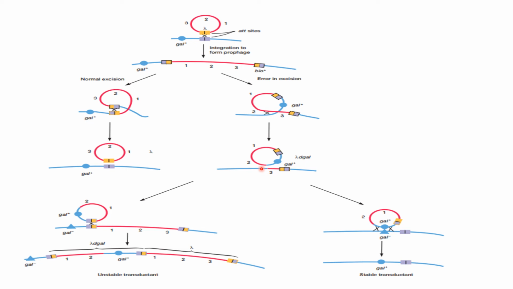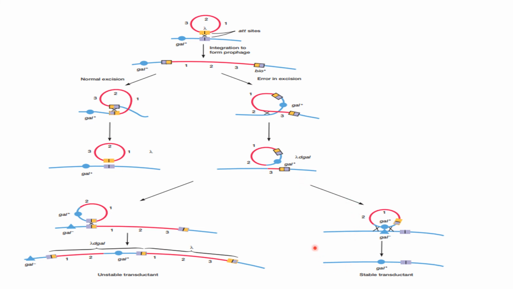Defective lambda phage, because as I said, this is a lambda phage that we are talking about. So that is why this particular viral DNA is called lambda D gal. Lambda is the phage name, D is for defective, gal is for the gene that has been taken from bacteria. So lambda D gal. Now this defective phage particle again will undergo all the other processes, that is multiplication and packaging, and then the phage particle that will carry this lambda D gal again will undergo lytic cycle where the phage